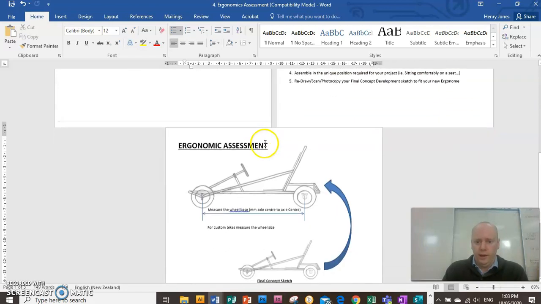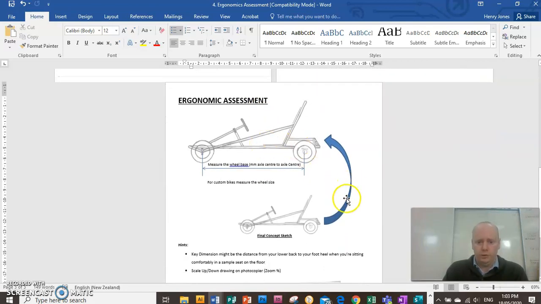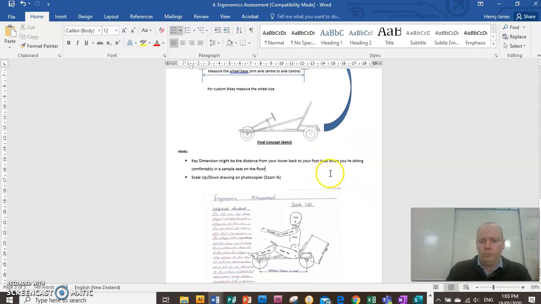So you can see that the next part is really to get your final design drawing and do the same thing. So you need to rescale that so that it's also at a 1 to 10 scale. So if you're doing a go-kart, you're probably best to measure the wheelbase and take that known measurement and do a little formula to figure out how to increase that so it's at the correct scale. So if I show you my own example,